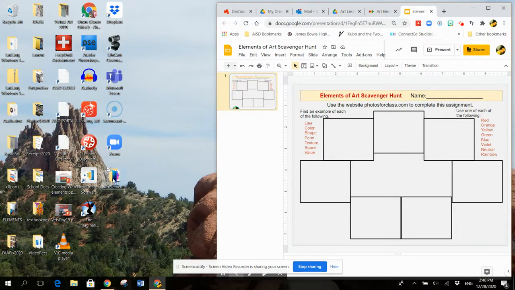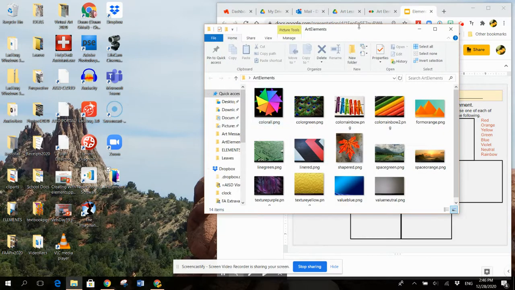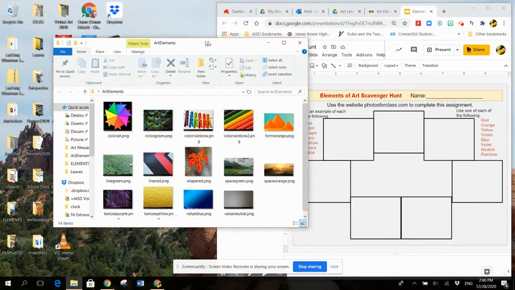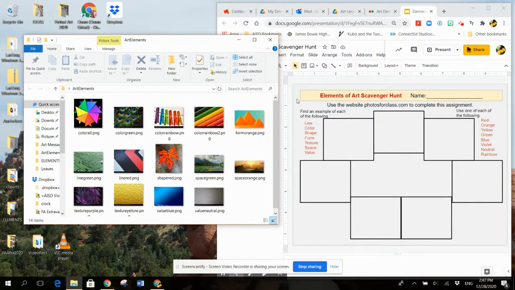In a Chromebook, your file is probably in images. So you'll click on your images, and hopefully in images you have created a folder that's called either Art Elements or Scavenger Hunt, or whatever you choose to call it. In my Art Elements file, I have examples that I have downloaded from the website